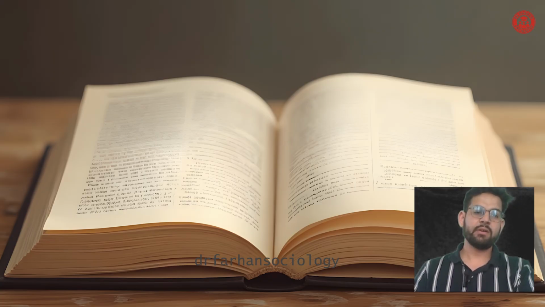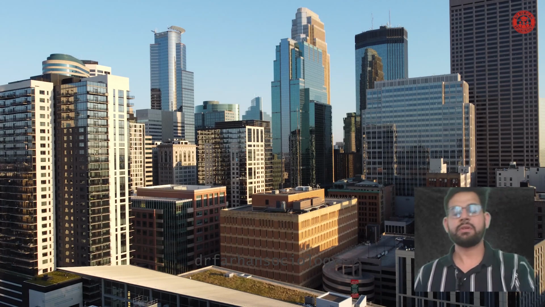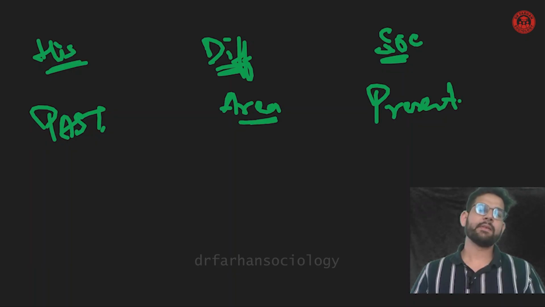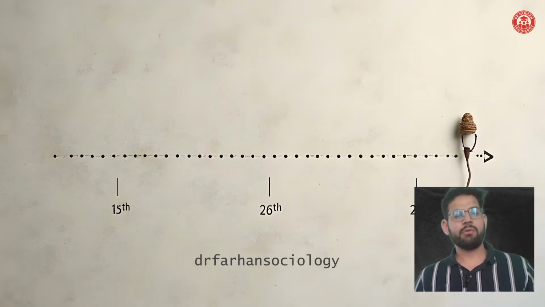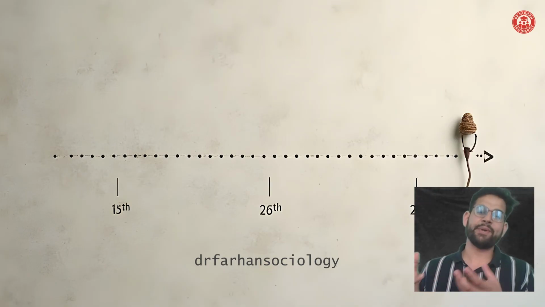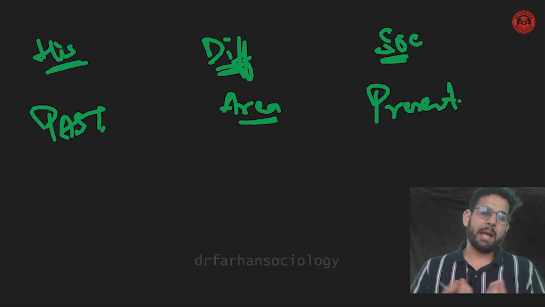If we take a look at the area that history is trying to look at, and the area that sociology looks at, history is mostly the study of past societies. Sociology is the study of contemporary societies. I go and look at how my country was in the 15th century. I try to understand how my country is in the 20th and 21st century. So we look at the different time frames that they are trying to capture.